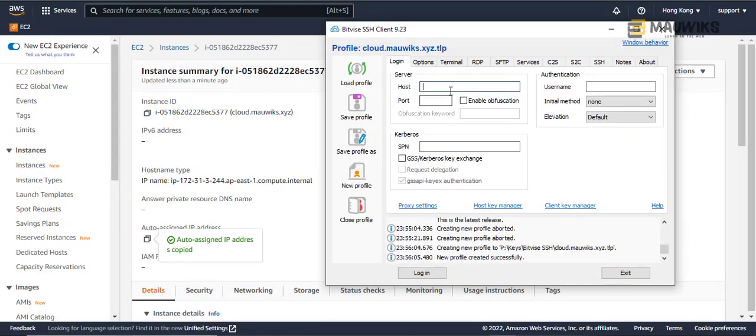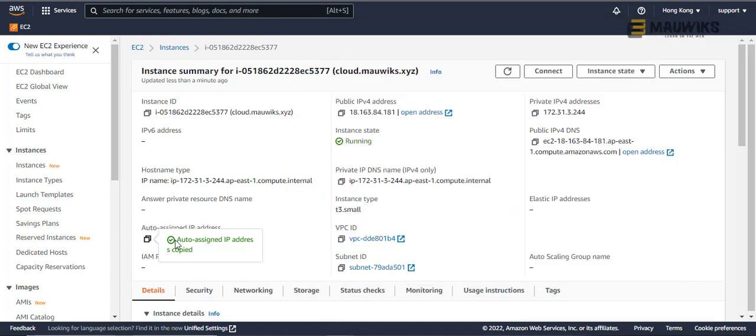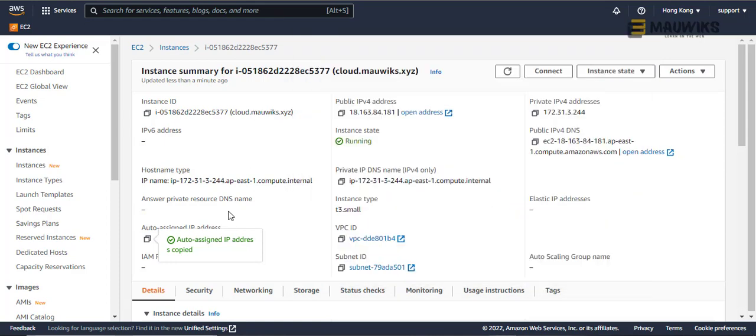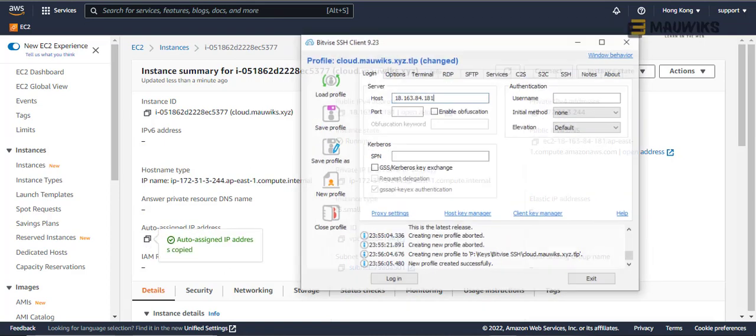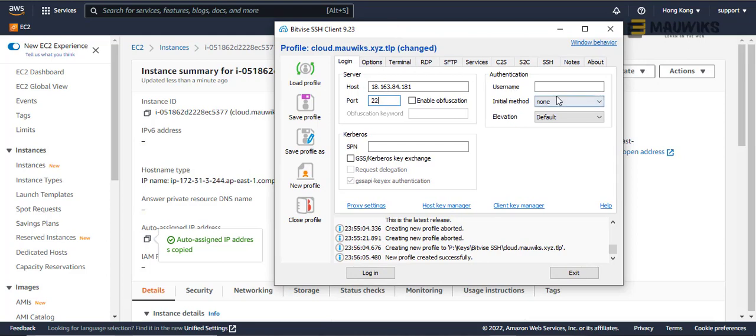Okay, so now it's showing blank for me because I'm gonna fill this with the information that I currently have. So just paste it here, the public IP. It will probably be different for you, so just copy that one. And next we will be using the port, which will be 22, and the username will be CentOS, and we will be using public key,